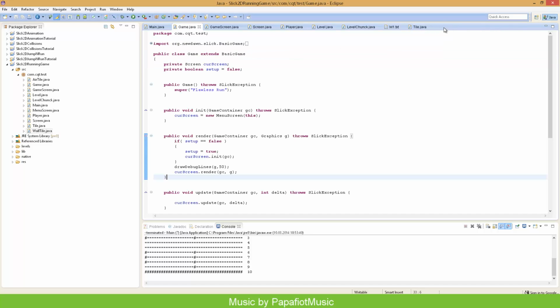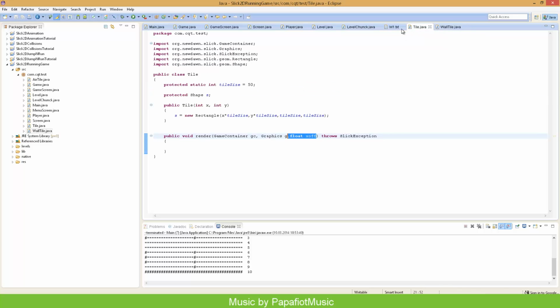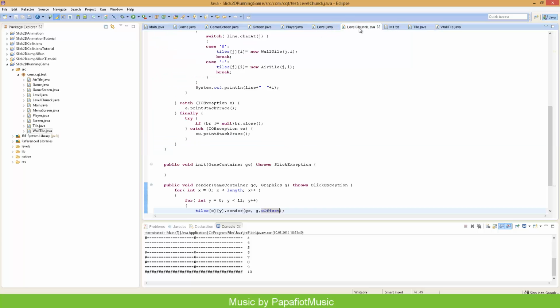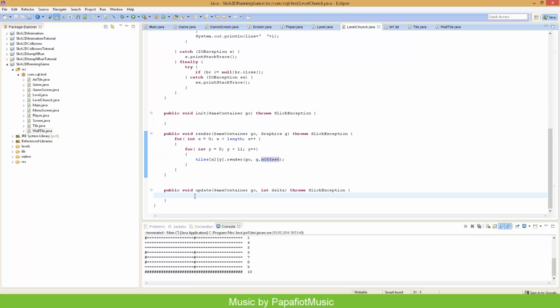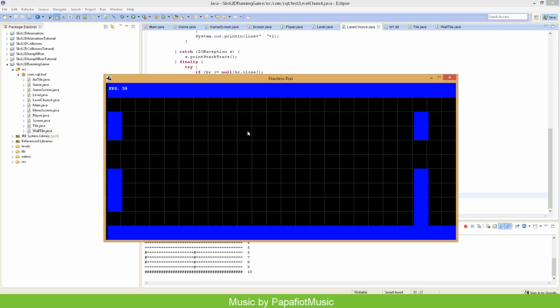Well, we don't even have it in here. So now in our wall tile, to demonstrate why I did that, I just want to add plus x offset. And what we can do now, inside of our level chunk, is modify our x offset: plus equals 0.1f. And then we go for our x offset, and yeah, it moves our level in the wrong direction